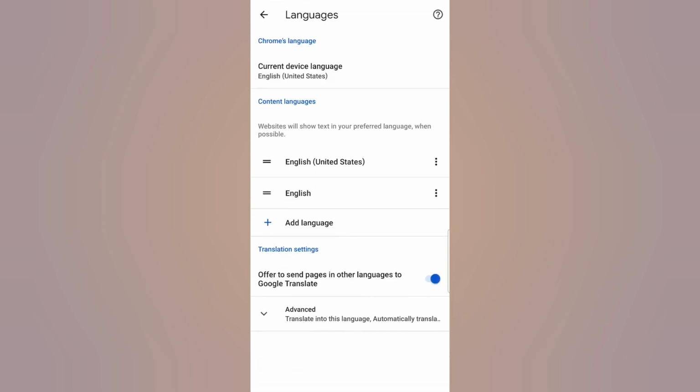And here you will be able to change a lot of languages within the Google Chrome app. For example, you can change the Chrome's language itself, you can change the content languages, you can change even the translation language. However, for the sake of this video, we will be looking on how to change the Google Chrome